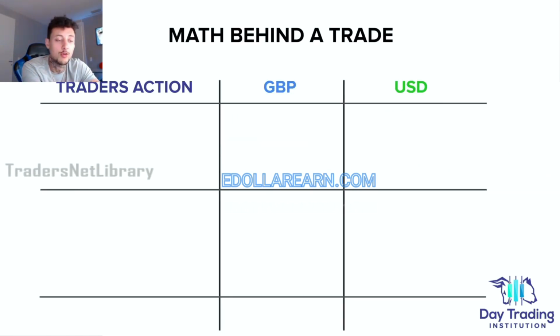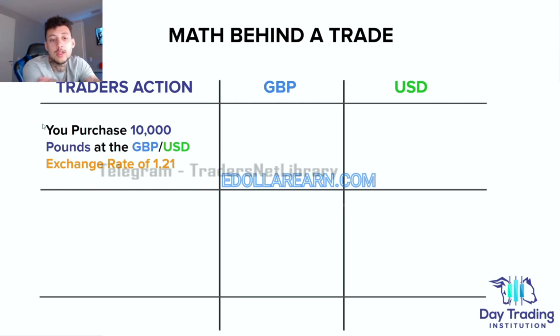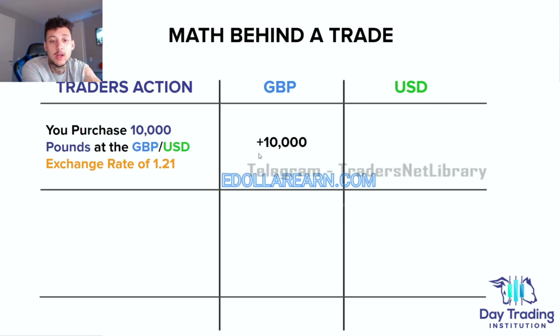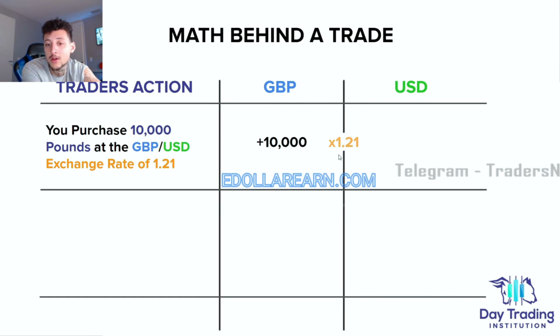So now let's look at the actual math behind the trade. We're going to have your action here being the trader, and then we have our base and our quote currency. Remember, the base is GBP and the quote is USD. So we're pretty much going to be trading GBP here. Let's say you're looking for the exchange rate to go up, meaning you're looking for the Great Britain pound to rise against the US dollar, and the current exchange rate is 1.21. Now let's say you buy 10,000 pounds of GBP USD at the exchange rate of 1.21. You multiply that 10,000 pounds by the current exchange rate of 1.21, and that trade is going to cost you